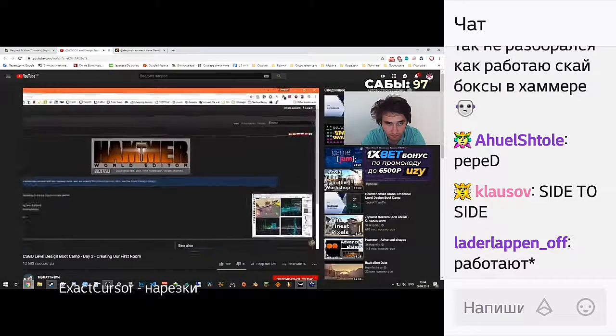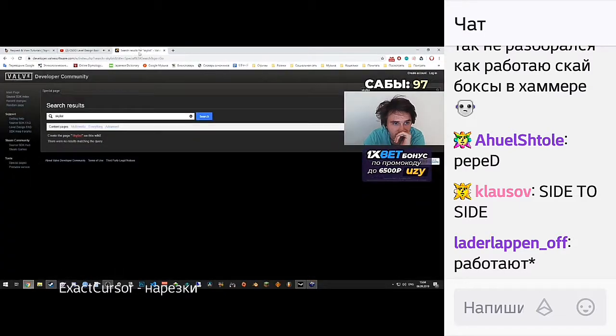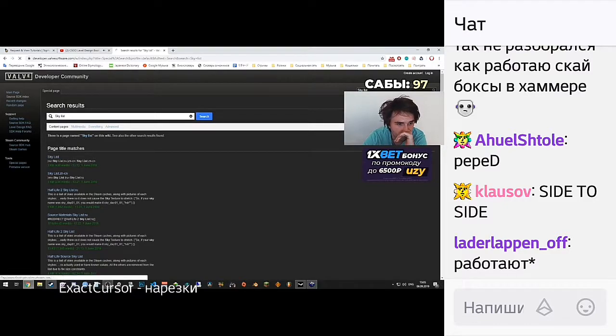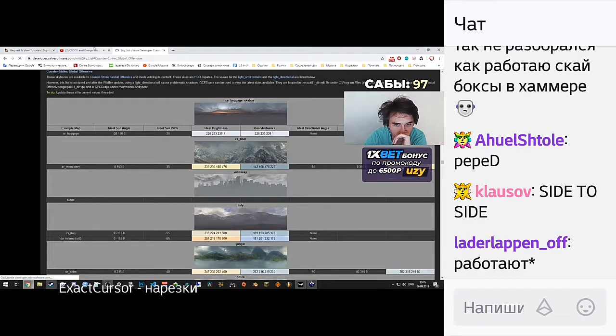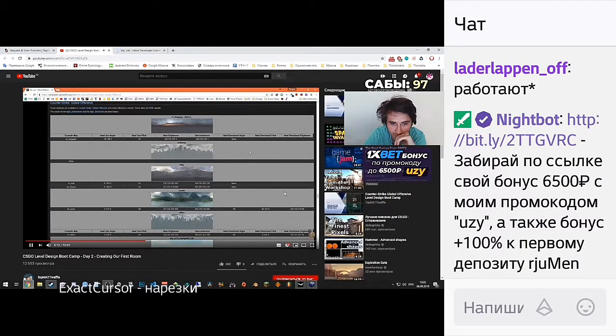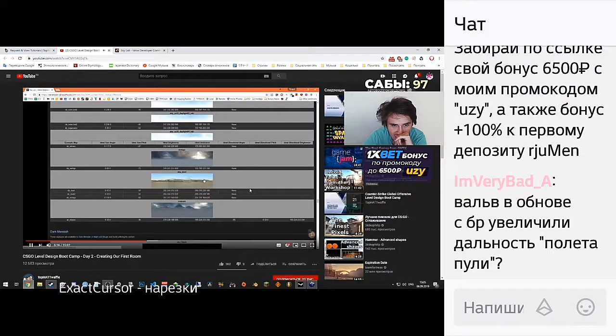For now, we're just going to go to the top right and do a search for Sky List and then hit enter. Once the page loads, we're going to go over to the table of contents here and then click on Counter-Strike Global Offensive. This will bring us down to where the CSGO skyboxes are stored. We can see that there's a quick preview along with the name here. I'm going to grab